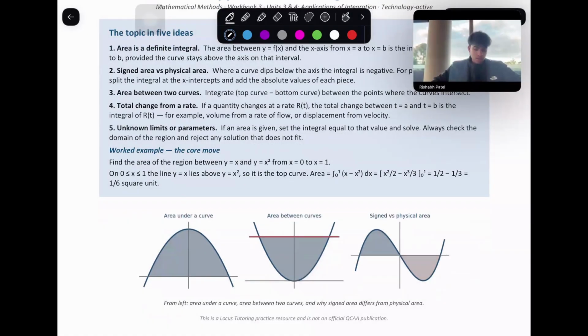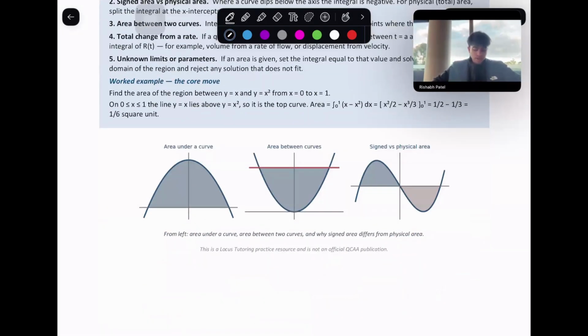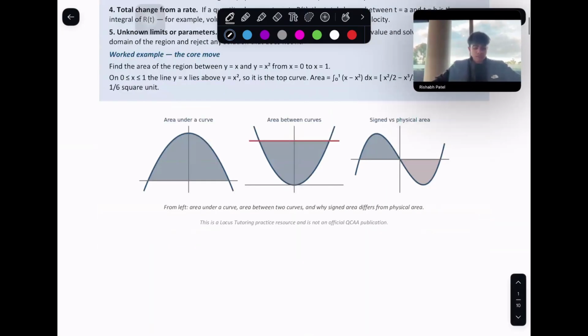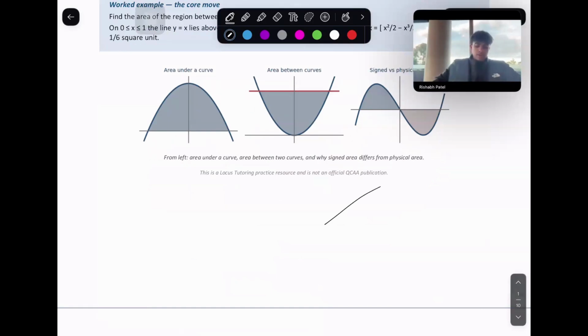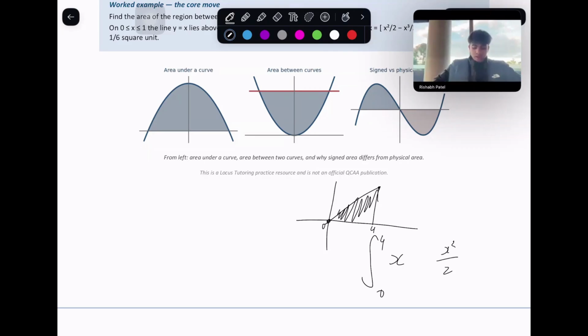when there are multiple different functions and you find the area between those, and sometimes dealing with signed area when it goes underneath. But essentially we know that if we want to find an area under the curve, we do the definite integral between the two x values for which we want to find that area. So let's say we want to find this area, we just integrate that function of x from, let's say, 0 to x equals 4. So we integrate from here to there, and you'd get x squared over 2,